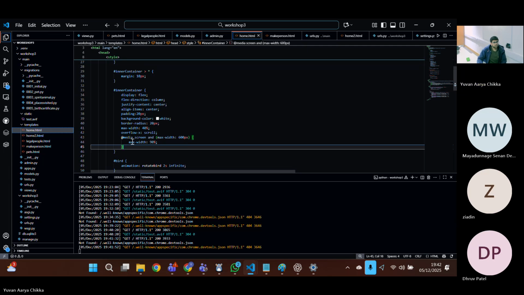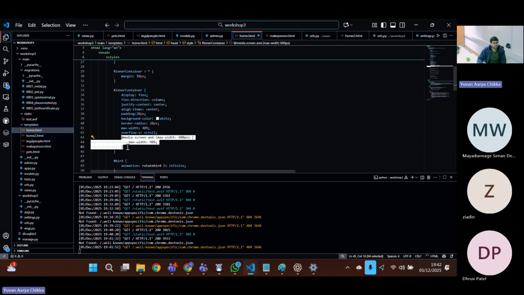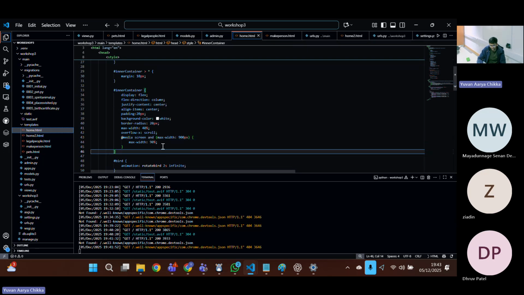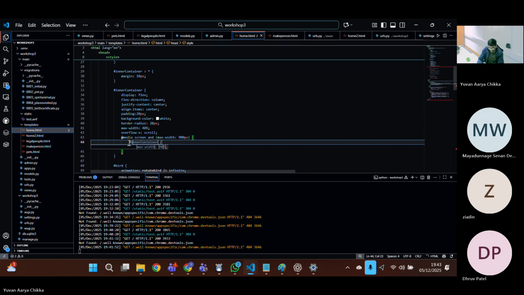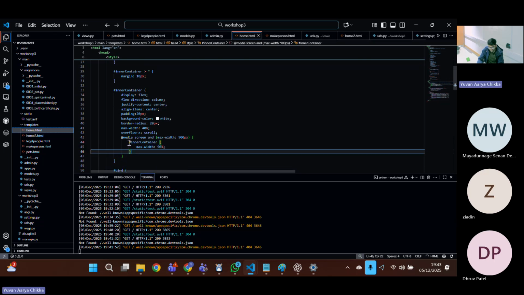Now, we're going to go over what this does. So add media means you're making a conditional style based on, in this case, whether the screen exists and the max width of the screen is 600 pixels. Let's make it 900 pixels because why not? And then if the max width is up to 900 pixels, we're going to say that inner container has a max width of